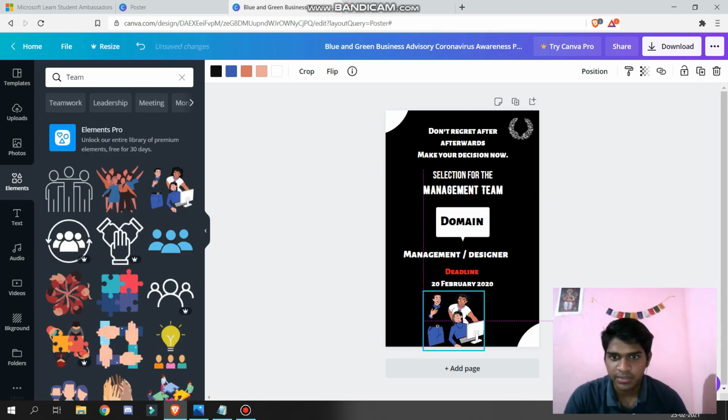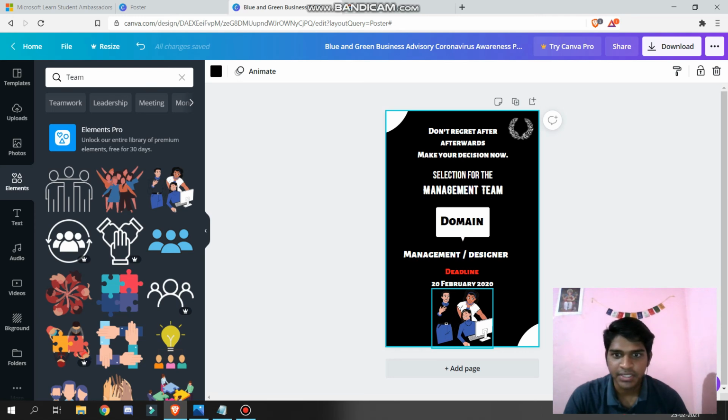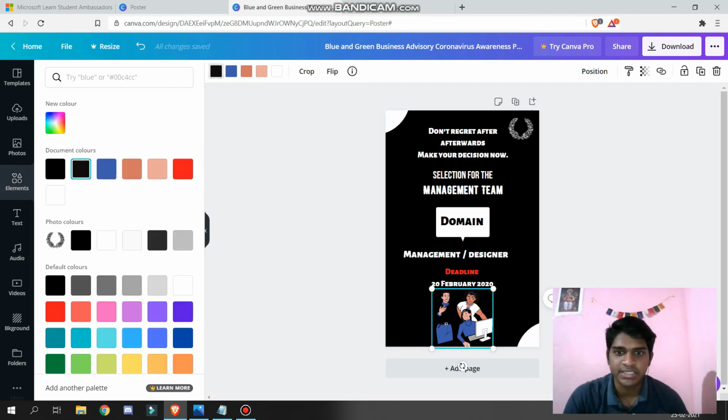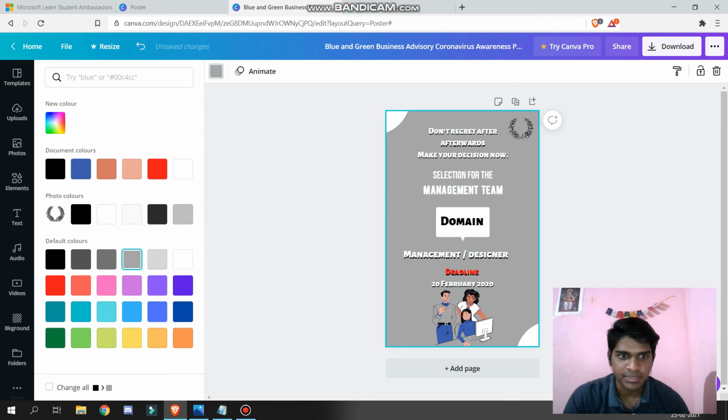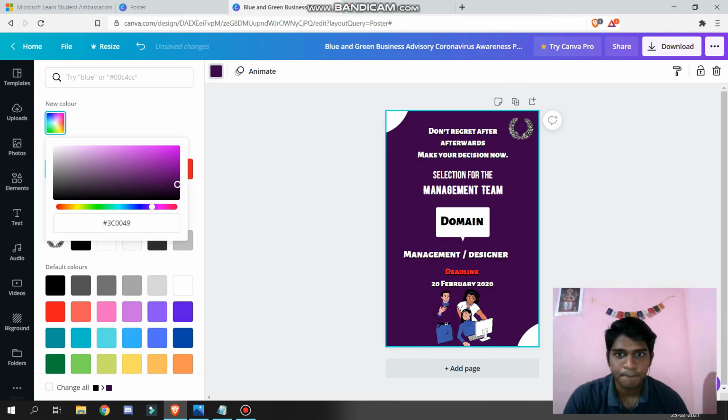But the t-shirt of the boy is not visible because the background is the same as the t-shirt color. Here you can actually change the t-shirt color also, but the problem is the hair and the t-shirt color are the same. So if you change it, the hair color also gets changed, which is not good. So if you want to use this element, you need to change the background to some other one, so that you can use the element.